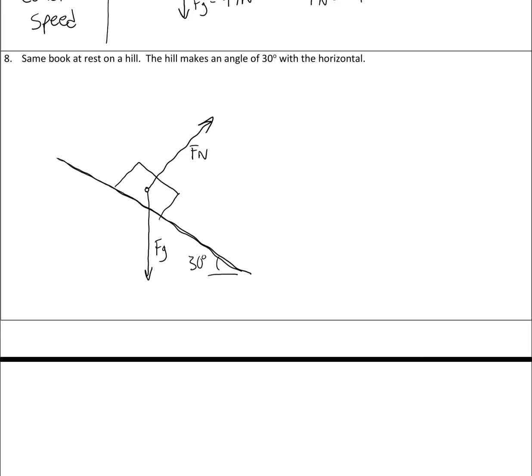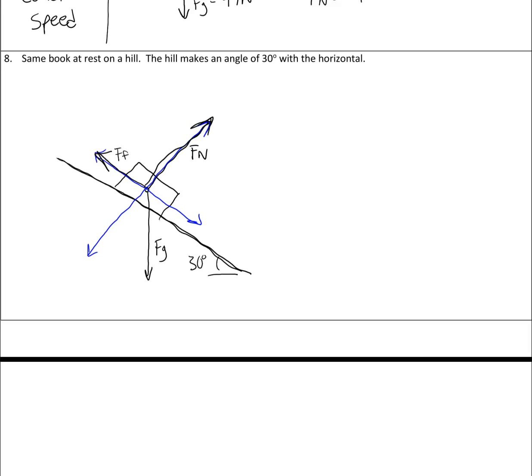You want to put your X axis parallel to the inclined plane, and your Y axis perpendicular to the inclined plane. And we do this because the normal force is aligned with this. And in the future, we're going to talk about friction, which acts parallel to the inclined plane. So even though right now it seems unnecessary, it's like, why don't we just do X and Y like we normally do? It's going to make it easier in the future because we'll have the force of friction and the